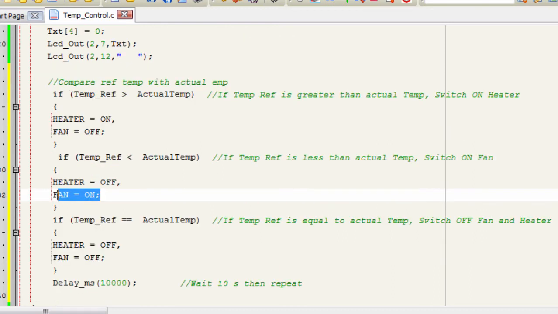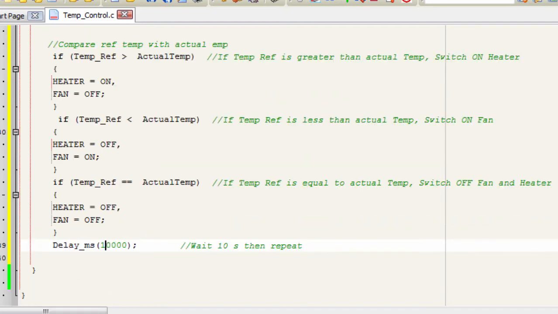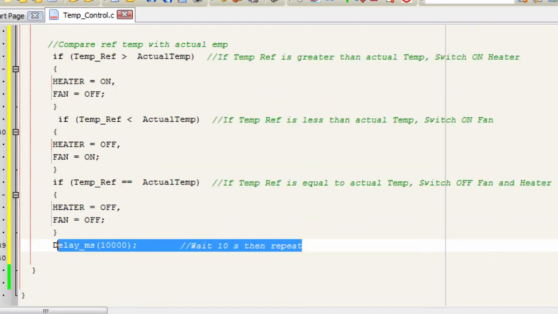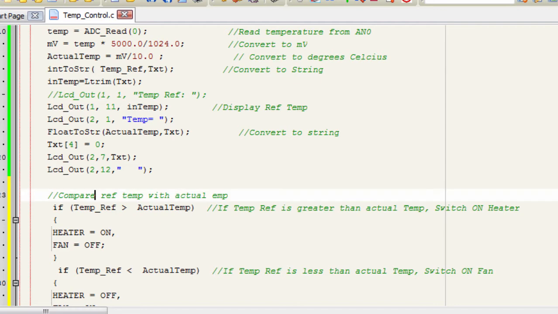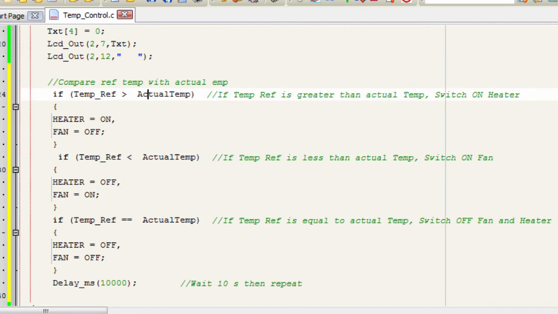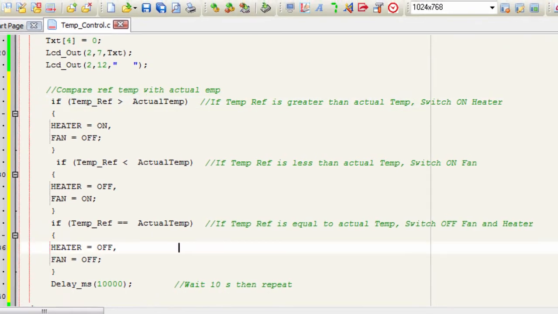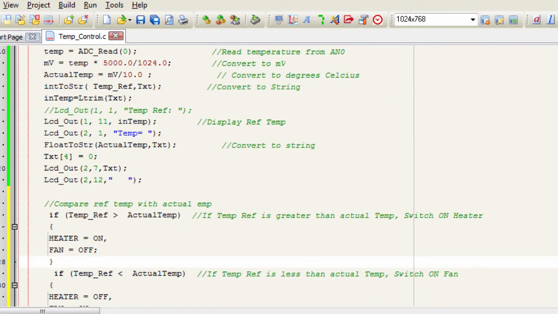And if these two temperatures are the same, then we can switch off. And after a 10-second delay, the procedure is going to start again because it's in a while one loop. We're going to start reading the actual temperature again, compare it with the reference temperature, and so on and so on. Let us build our project. Build